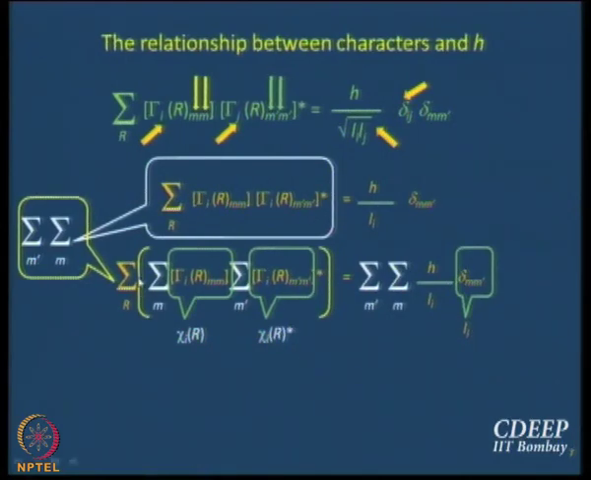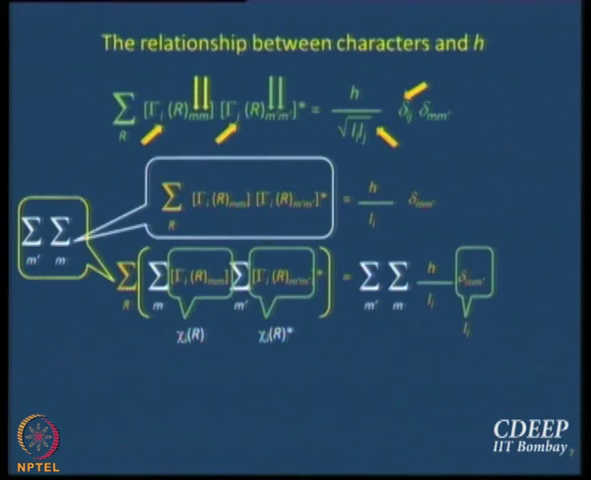What is the right hand side now? Left hand side, what I have got is sum over R chi I R star, and if you are working with real matrices, a real representation, then it is simply sum over R chi I R whole square. What do I have on the right hand side? If I sum over m as well as m dashed,